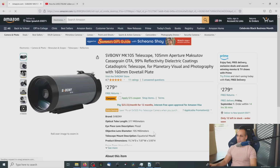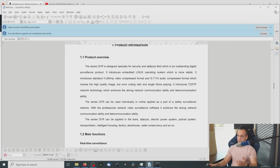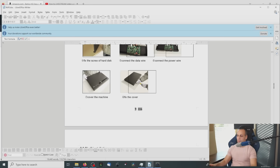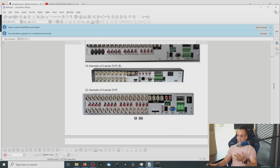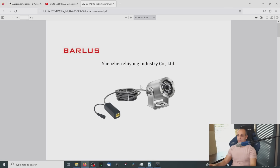So the first thing that you notice with this camera is that a lot of the instructions that you get with it, whether the papers in the box or on the flash drive, are actually for different products. So you have to browse around a little, because the first thing that you get are instructions to an NVR, and I bought a camera. So that's cool. So when you finally do find this, we are going to open the instruction manual here